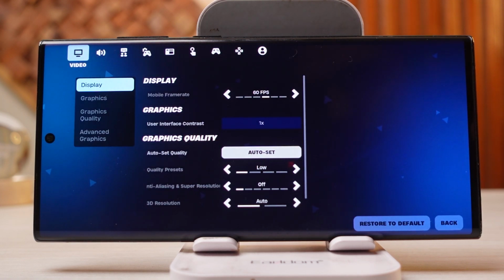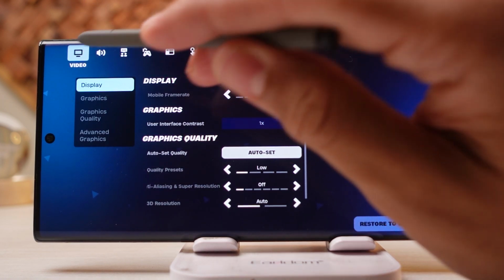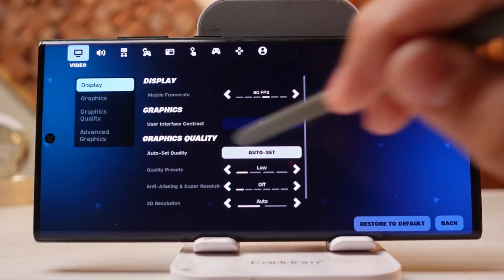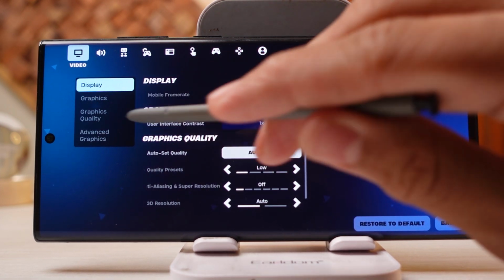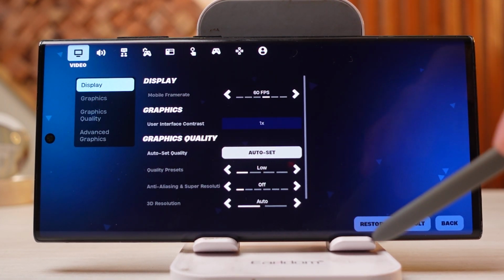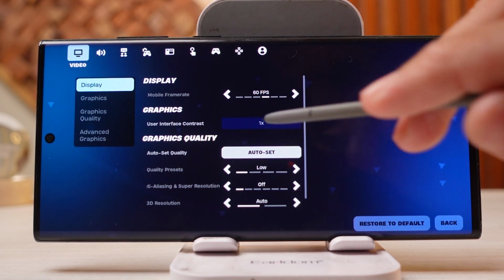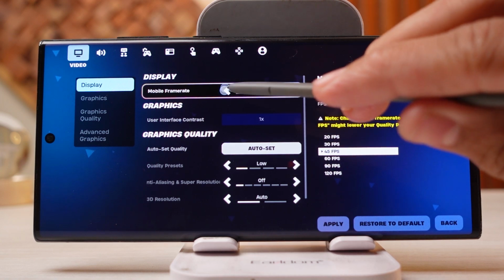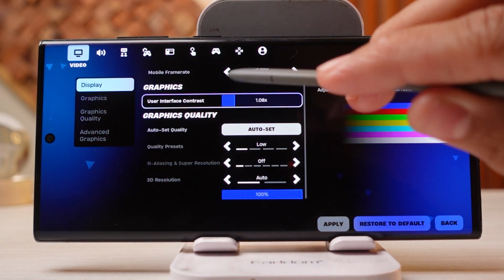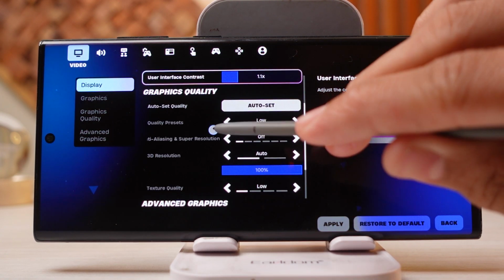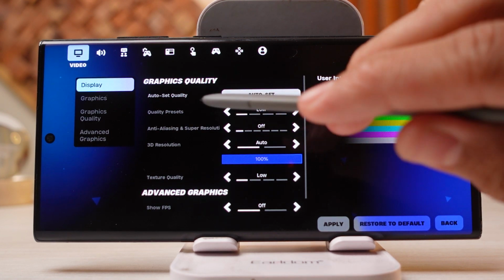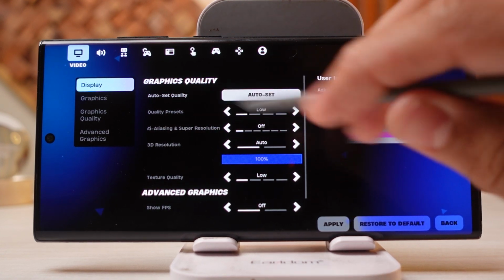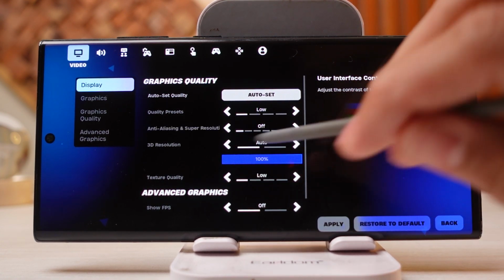By doing so, you'd be immediately able to see this video section over here, and you'd be able to see all kinds of display, graphics quality, and advanced graphics options. What you want to basically do is, for the low graphics mode, you want to simply drop your frames over here, tap on confirm, and by doing so you'd be able to manage your frame rates over here, your graphics over here, and you'd be able to choose your quality presets, 3D resolutions,